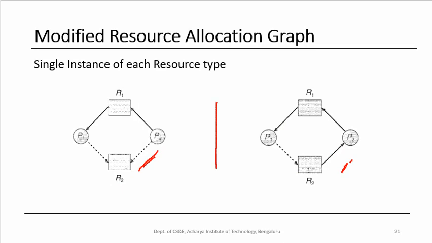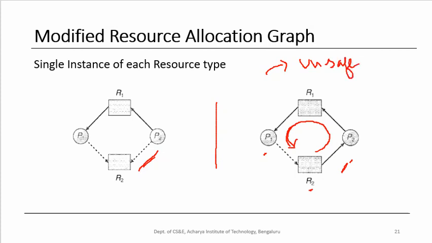When P2 makes a request for R2, R2 is not immediately granted to P2. We convert the claim edge to a request edge and see whether there is going to be any cycle in the resource allocation graph. Now if you look at this, yes, considering the fact that P1 is going to request R2 in the future, there could be this scenario, right? If we grant the resource R2 to P2, that means it is taking the system to an unsafe state.